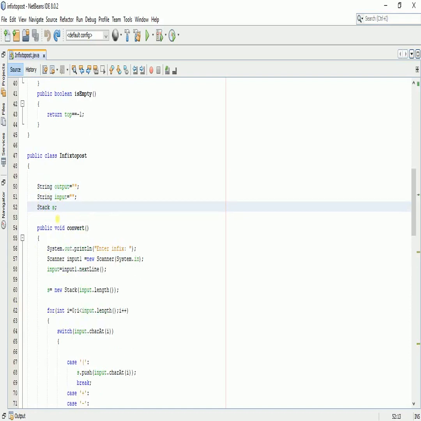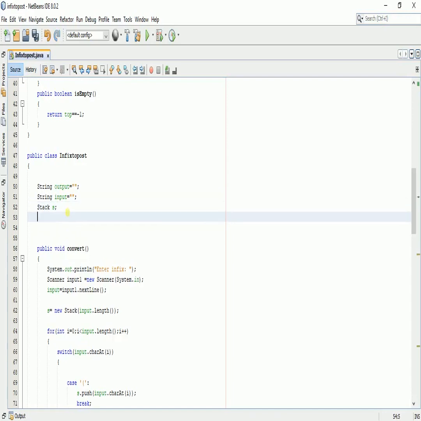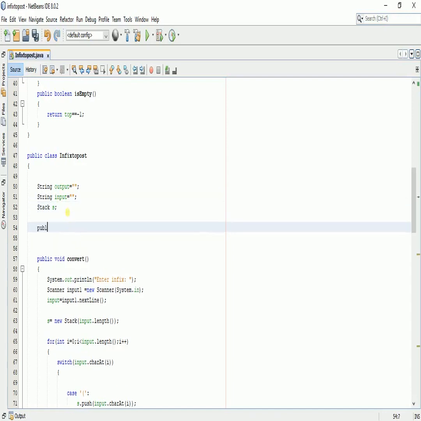Now I will be modifying my program in such a way that the function infix to prefix is also included. Now I will be creating a function convert in to pre, with I, T and P capital. Okay,